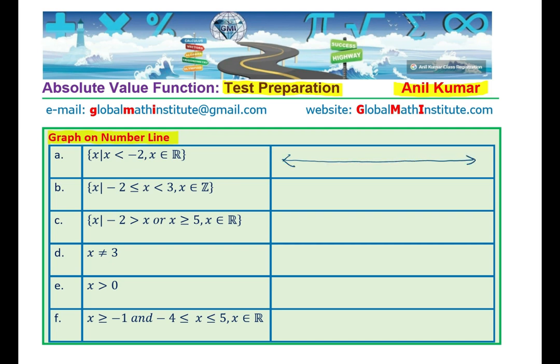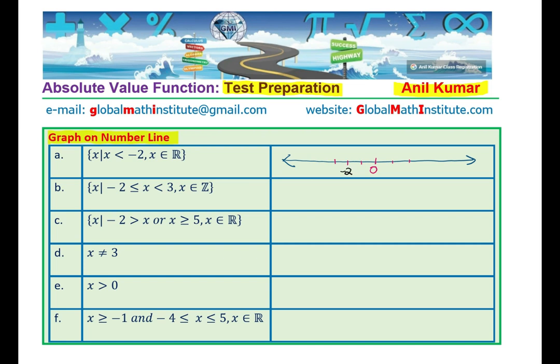A number line normally represents numbers in the set of real numbers. When we want to plot x less than -2, let's first locate 0, and then we can divide this number line into units. Since we are looking at -2, which is second to the left of 0, and we want